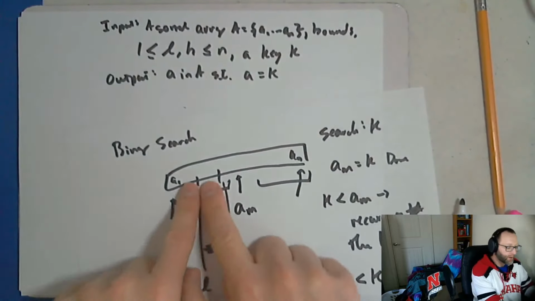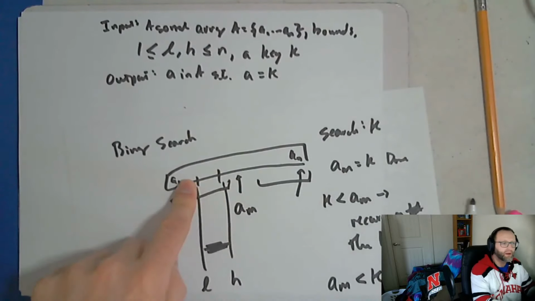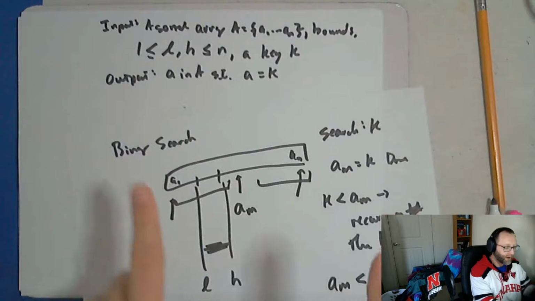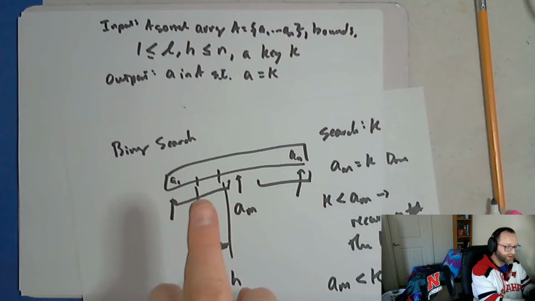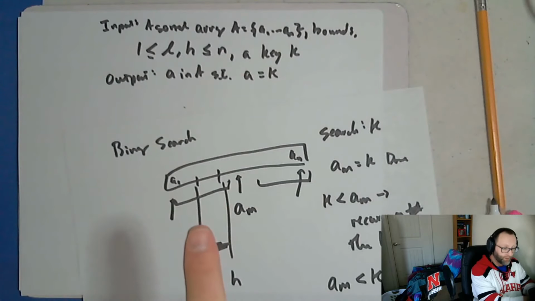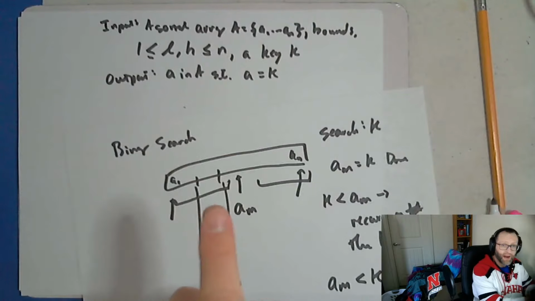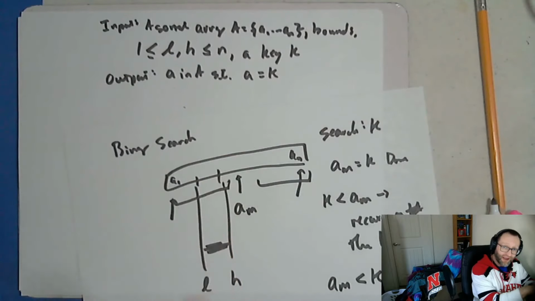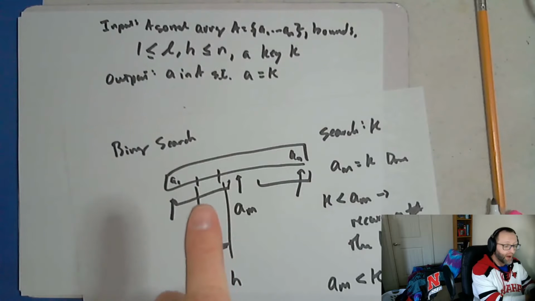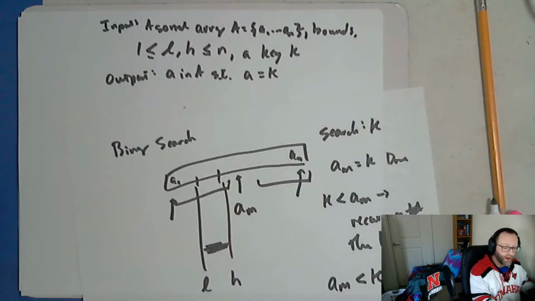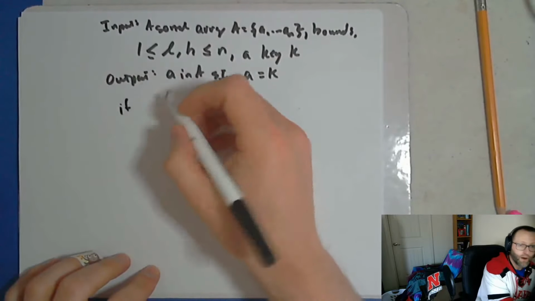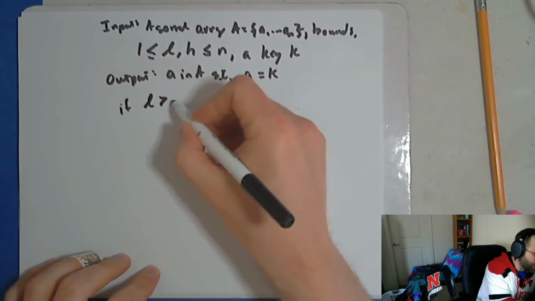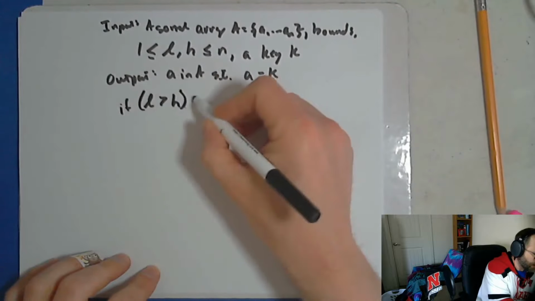Okay. What I'm going to do is I'm going to go one additional step. So you've got L and R here, or L and H, and I'm moving them towards each other. At some point, they could be equal. I still want to make sure that the element that it's pointing to right there is the element that I'm looking for or not. But on the next iteration, on the next recursion, they're going to pass each other, and that's going to be my stopping condition. Okay. So if L has exceeded R, or H in this case, then I will output